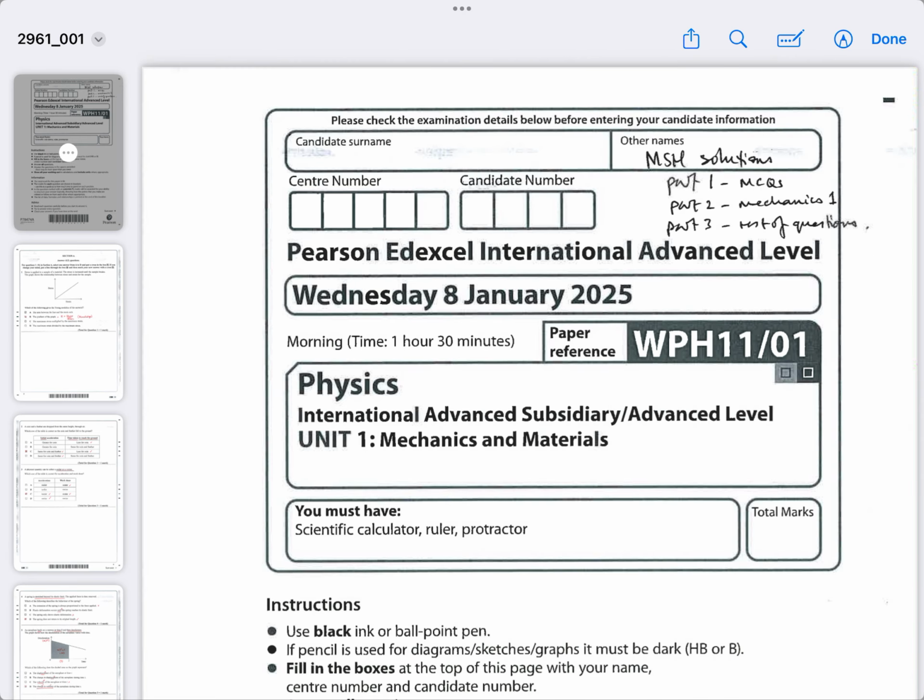Okay, I'm going to go through the rest of this paper. I did part one with the multiple choice questions and some of the mechanics questions. I'm now going to go through the remainder of the questions which I didn't do. I use this as a practice exam for Edexcel linear because linear, although Unit 1